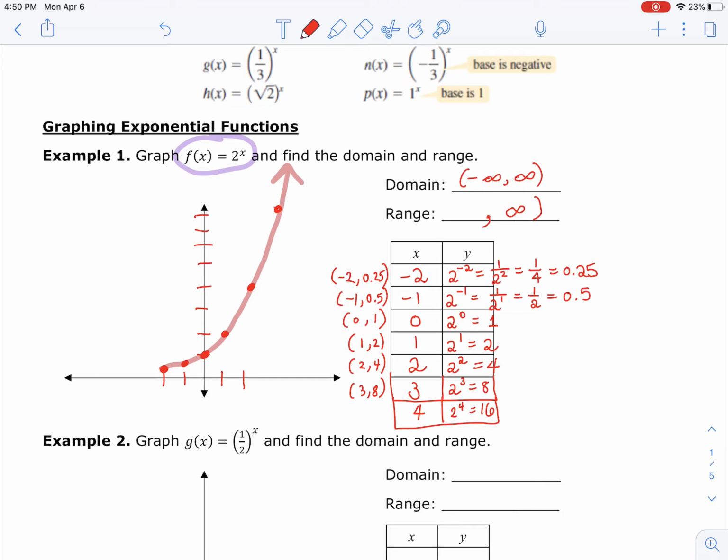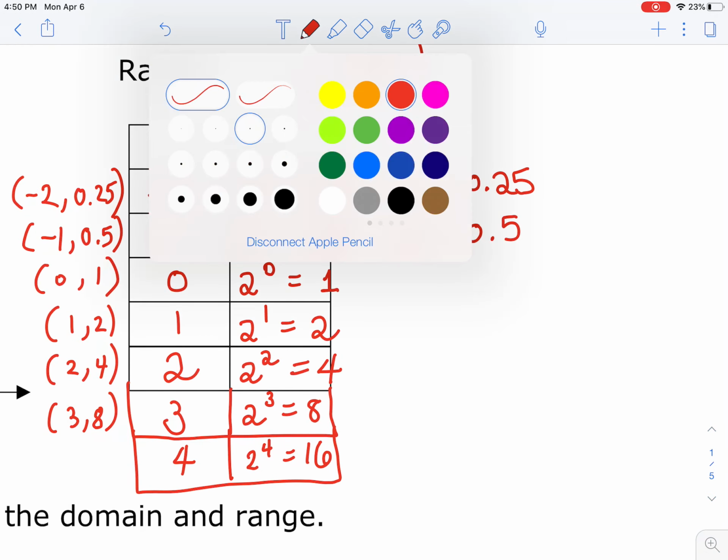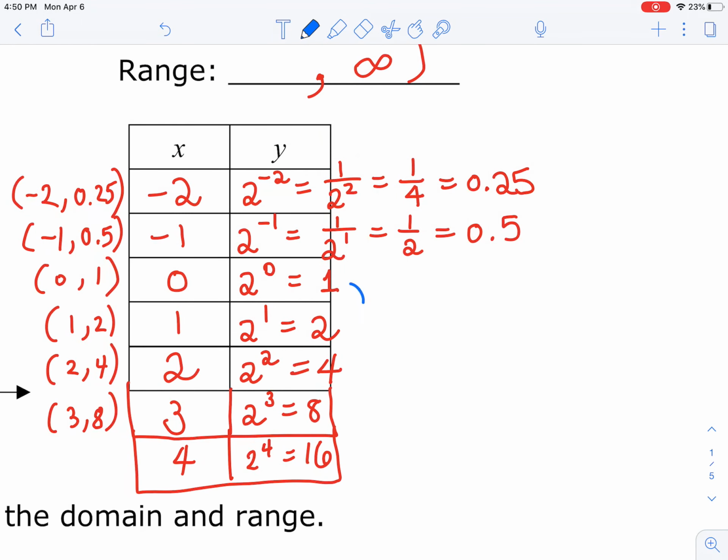So, do we have an upper bound in this function? It's going to keep on going up. So, to the range, when we talk about it later, we'll talk about it right now. It's going to go all the way up to positive infinity. But take a look. Because to the left side, we're really taking half, right? Because I think you can see the pattern here. As you are going up, you're just doubling. 1 times 2 is 2, 2 times 2 is 4, 4 times 2 is 8, 8 times 2 is 16,